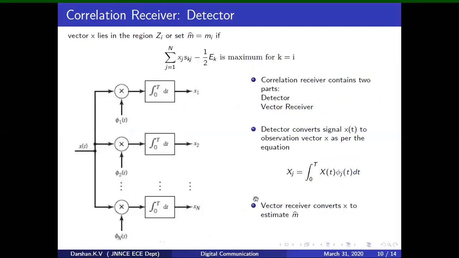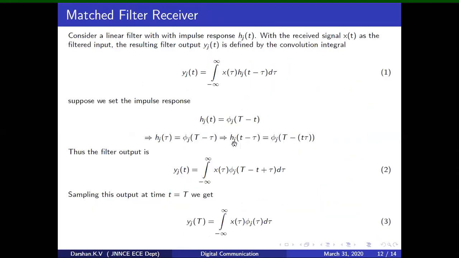So let me start. The conversion of signal to vector has been given in this format. Is there any other method? The method is as follows. Just read this here. In this, we are using a concept called filtering or matched filtering. Currently, let us not bother about the match. So what is a filter? It is a system with a transfer function. That is the simple meaning of a filter.